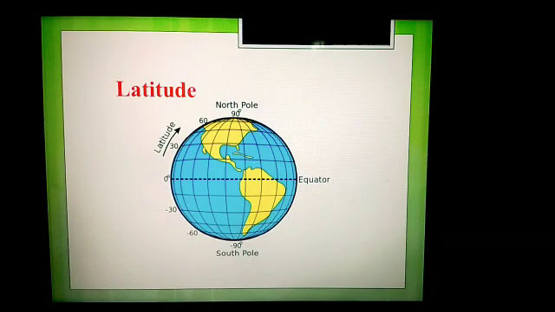You can see in this picture, children, the dotted line is the equator, right? And it is 0 degree. From 0 degree as base towards north, the degree is measured as 30 degree, 60 degree and 90 degree, and so on, right? When it comes towards the South Pole, the degrees will be decreasing: minus 30, minus 60 and minus 90 degree. Okay. So, with the equator as base, the other lines are drawn. That is what is latitude.